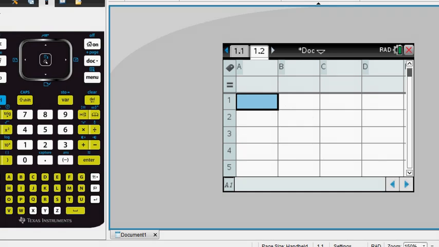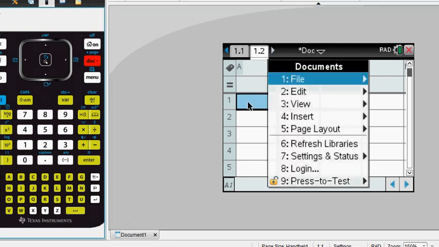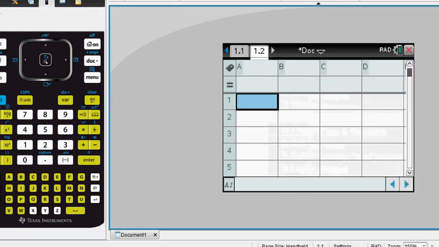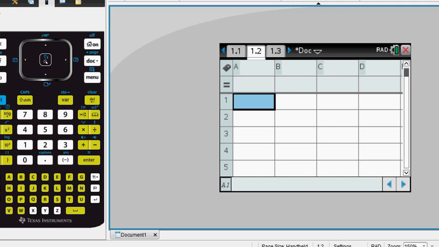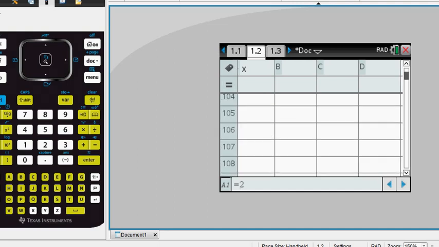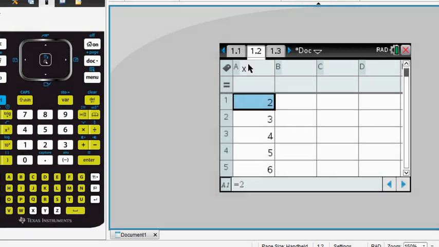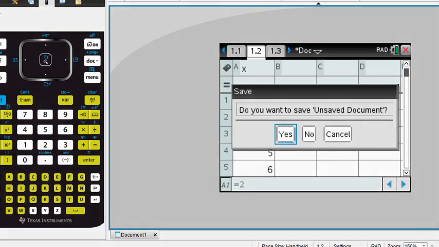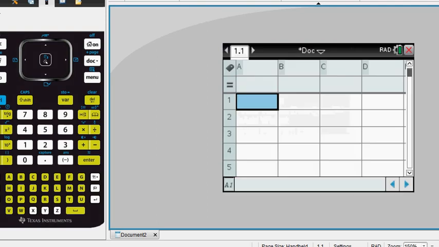Let me show you how you can find the standard deviation on your calculator. On your CAS calculator, go to doc and insert list and spreadsheet. So this is list and spreadsheet. Let's label this as X and let's enter the data. Let me open a new document, and I don't want to save it. Open list and spreadsheet, enter X, and enter 2, enter 3, enter 4, enter 5,